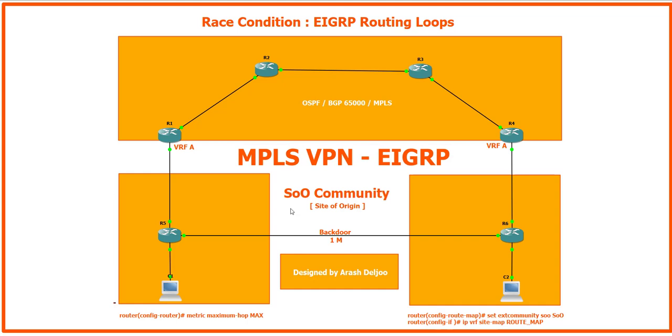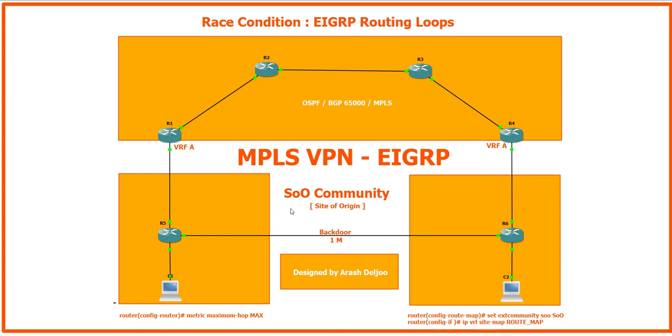In this video, I'm going to talk about another BGP extended community. We call it SoO, or Site of Origin. What is the site of origin, what is the usage of the site of origin, and how can we configure it? This scenario is exactly the same scenario that we learned about in the previous video,